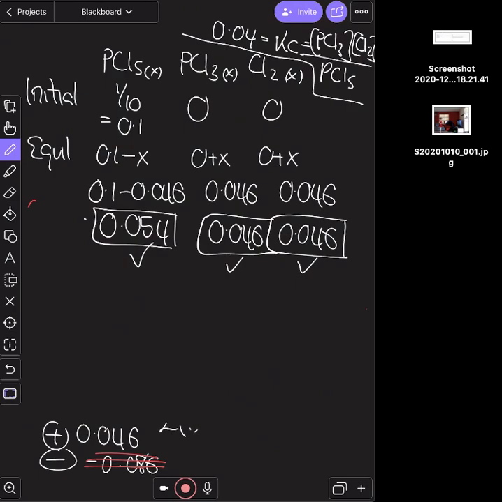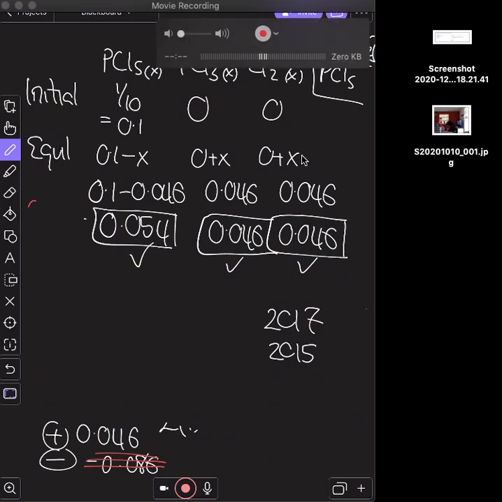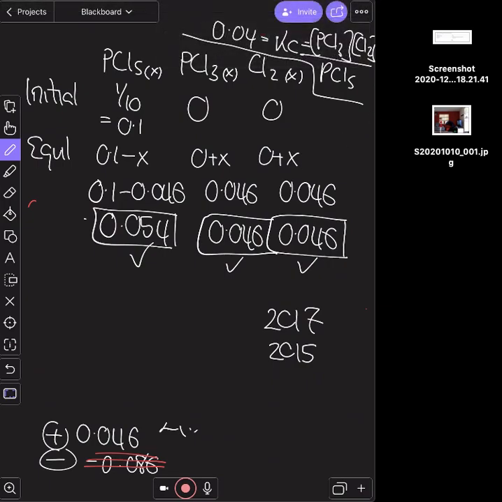So you now have the 2017 and the 2015 questions as your examples to try and put into OneNote if you